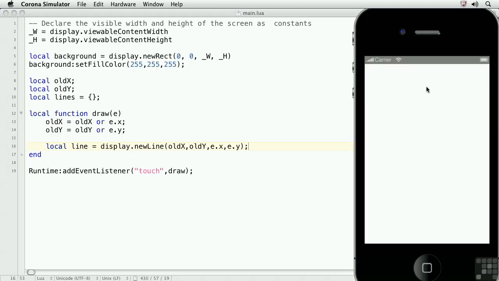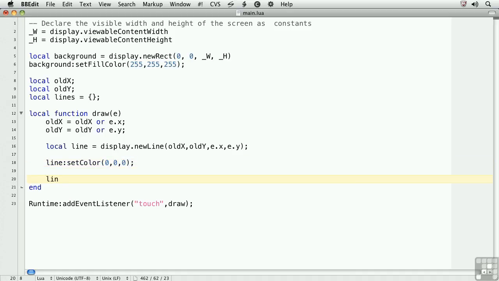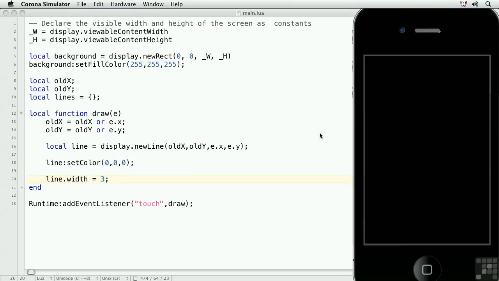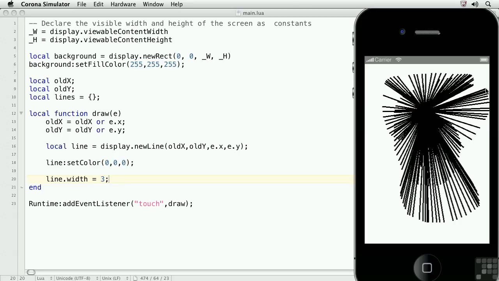Nothing happens yet because I need to set the color of the line and the width of the line. So we'll go back and set line, set color, and we'll make the line black. Then we'll set line.width equal to 3. So here you can see the new line segments are being drawn, but they're being drawn from a center point. So the key to getting the appearance of a fluid line is to append different line segments to the lines